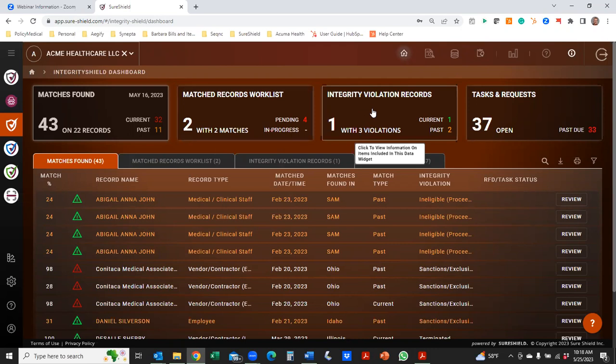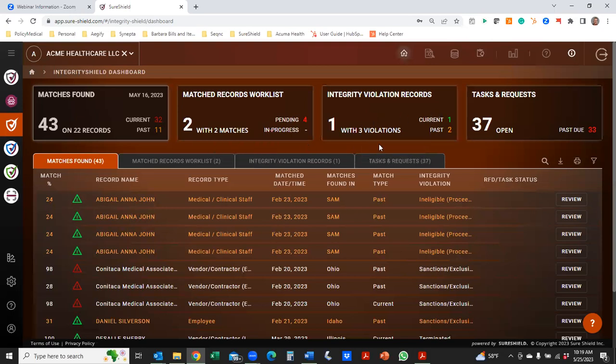The other thing that's really important about our solution is we not only provide you information that's current, but we can also provide you past data. So if you have a provider that's come into your environment or you're considering bringing into your environment, even if they're not currently on that list, you may want to know if they had been on one before, as a cautionary bit of information to say, while they're not on now, maybe they were on in the past, and you should be extra vigilant of that particular individual if indeed you're going to bring them into your ecosystem.